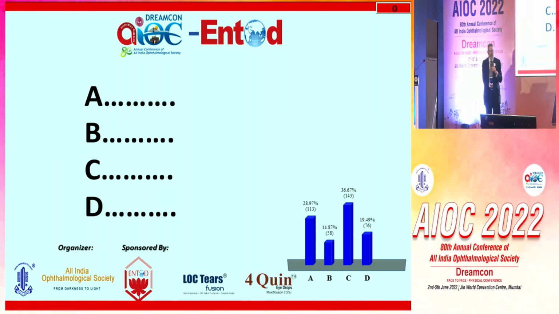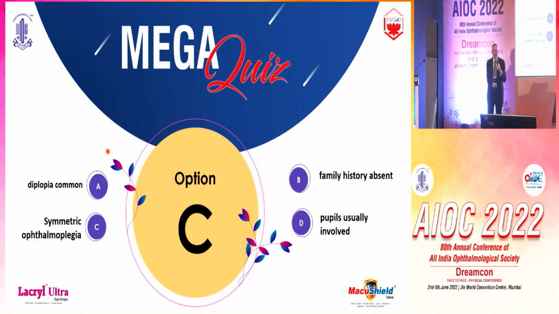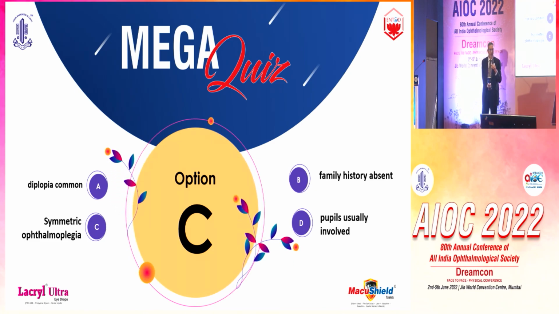And it was divided between A and C, and the correct answer was C, that is symmetric ophthalmoplegia. Okay, so a lot of you did get that right. Next,